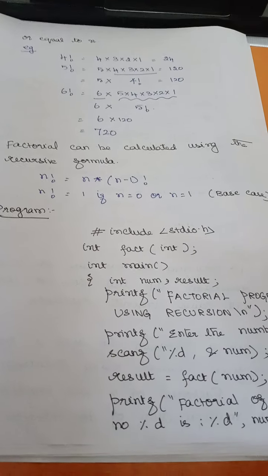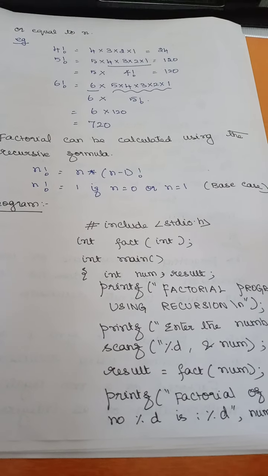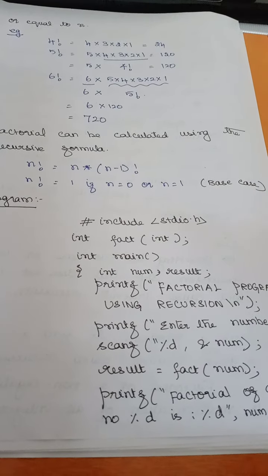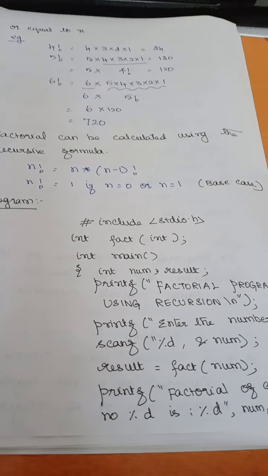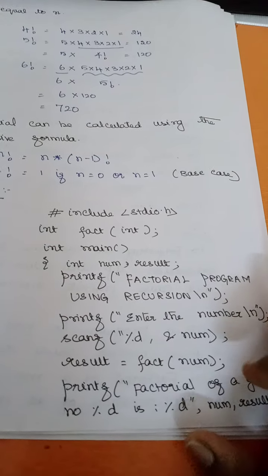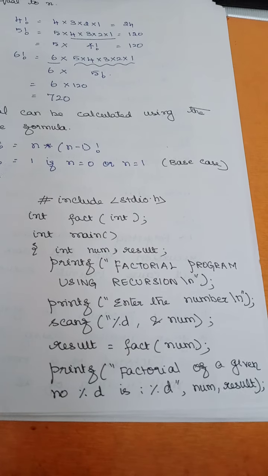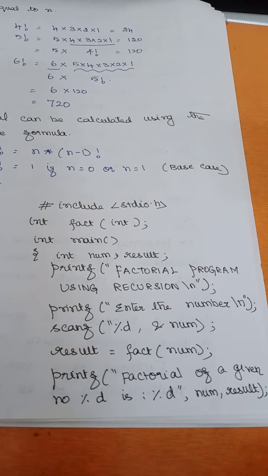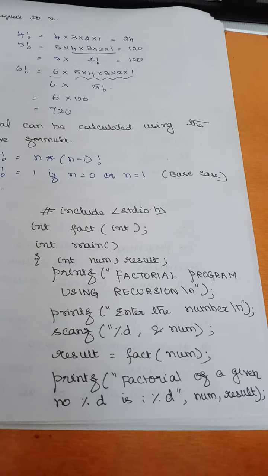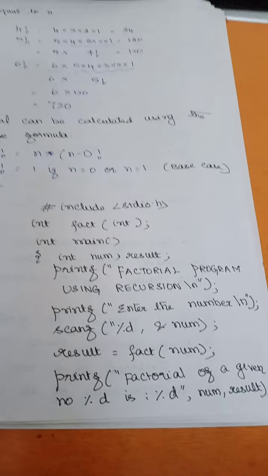In recursion, whenever you call a function, it is stored in a stack as an activation record or stack frame. That alone is going to take more space. So time complexity is less, but space complexity is going to be more in case of recursion. You can solve a problem using recursion whenever you are able to divide your problem into subproblems, and the subproblem can be solved in the same way as your original problem, but the size of the subproblem is going to be less. The only difference between your main problem and subproblem is the size.